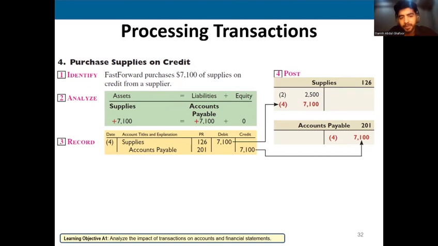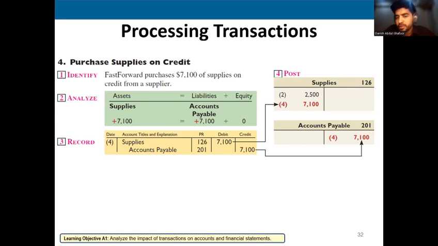Again, supplies. Purchases $7,100 of supplies on credit from supplier. Now we are buying supplies on credit. So this will increase our accounts payable account by $7,100. Accounts payable is a liability account. Whenever liability increases, it goes on the credit side. And supplies is an asset, it goes on the debit side. So